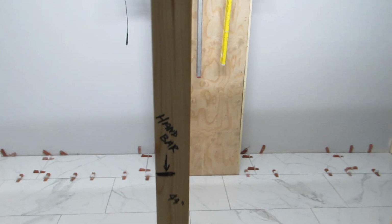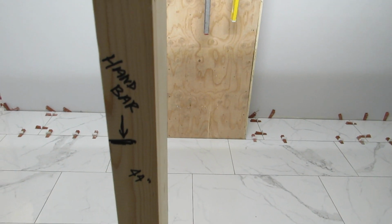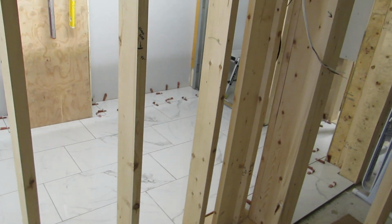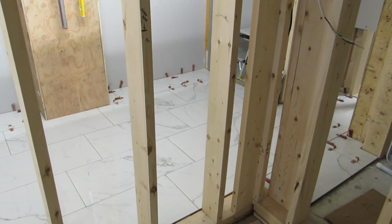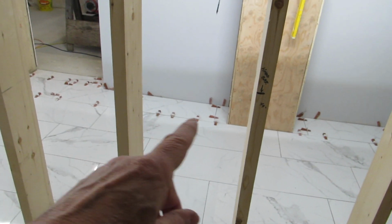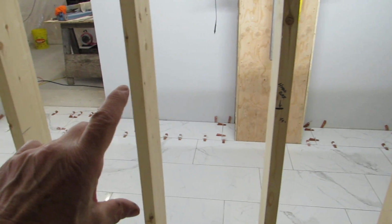Likewise, a hand bar, grab bars inside showers. I mean, if someone was to slip and fall, or many times you're leaning back in the shower washing your hair and you lose your balance and you grab a hand bar, if that hand bar was to come loose, it could really cause an injury. So here's another case where we're going to put really heavy duty, probably 2x8 blocking across here